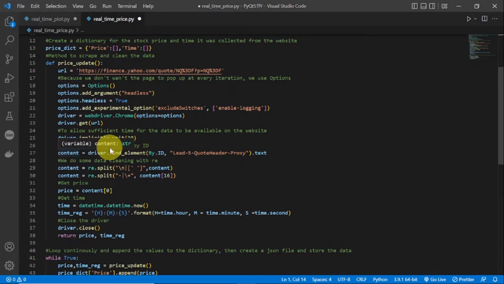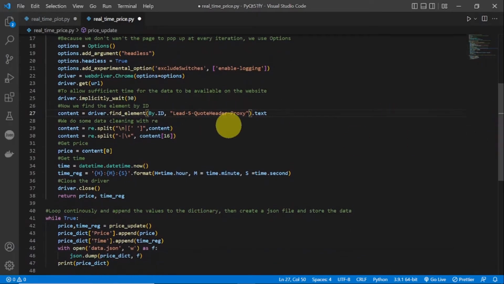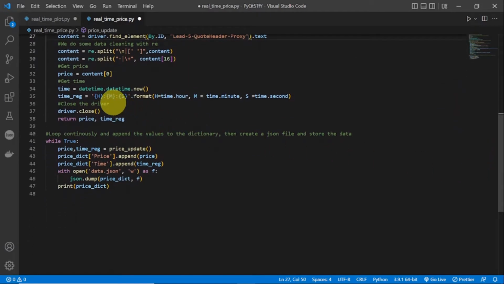All right, and here I try to find the elements by ID. That's the ID that I showed you earlier. Okay, and I use regular expression here to do some data cleaning. Okay, and then I get the price, and then I get the time at which it was collected or retrieved from the website. Okay, and I close the driver, and finally I return the price and the time it was